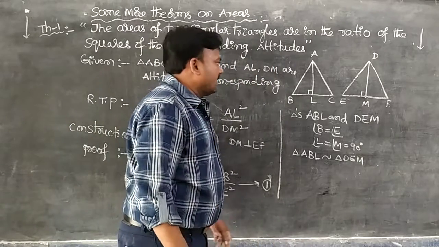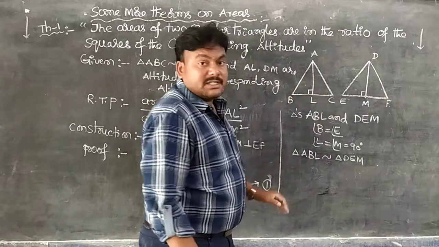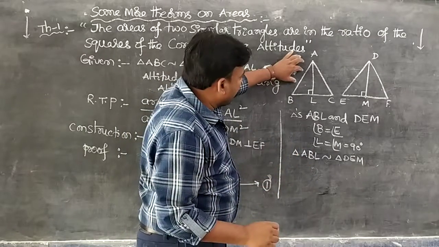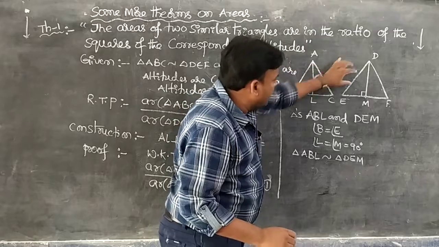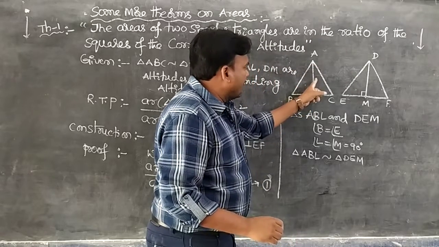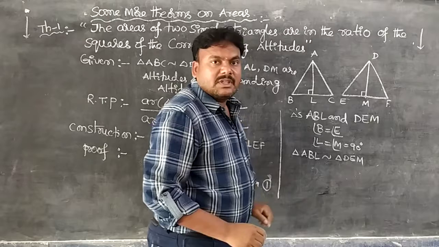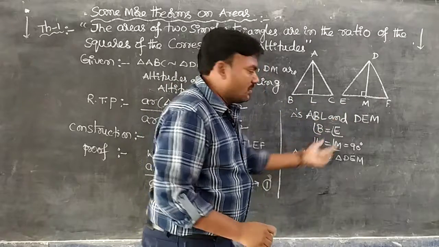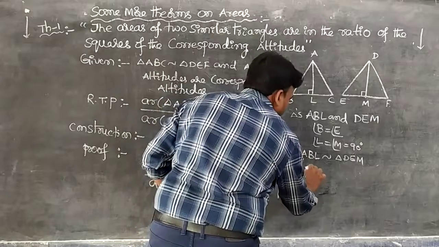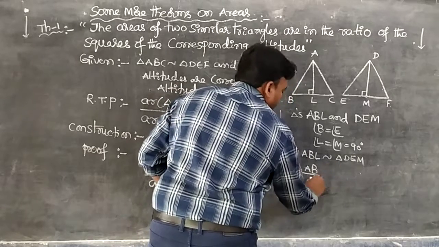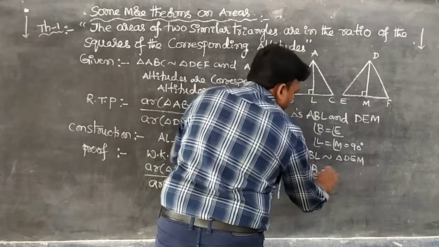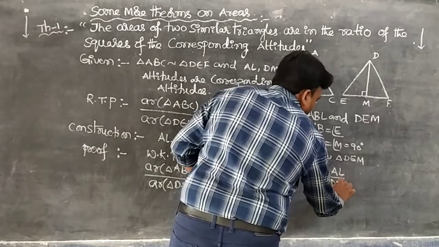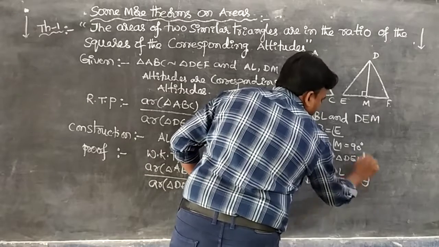Okay, so observe here, both triangles are similar to each other, meaning their corresponding sides are in the same ratio. Then we have taken AB by DE equal to, directly, AL by DM, and also BL by EM. No need for the third ratio, we have taken directly. Therefore, AB by DE equals AL by DM, which is equation number 2.